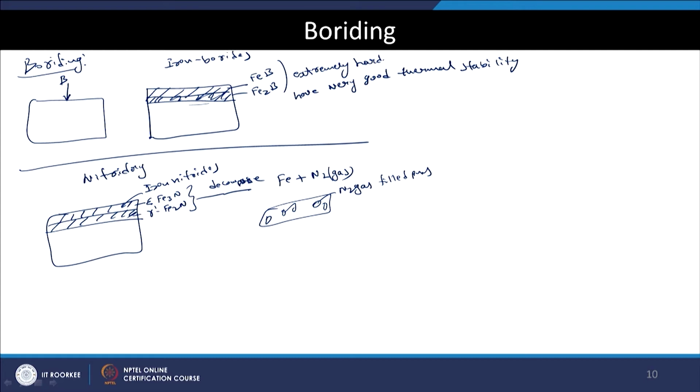So, in the case of nitriding, that is why people mostly want no compound layer, but an alpha iron matrix with precipitates of alloying element nitrides. These are the nitrides of aluminum, chromium or titanium. Okay. This is the kind of hardening people want. Now, this is a quick overview of these three categories of thermochemical treatments.